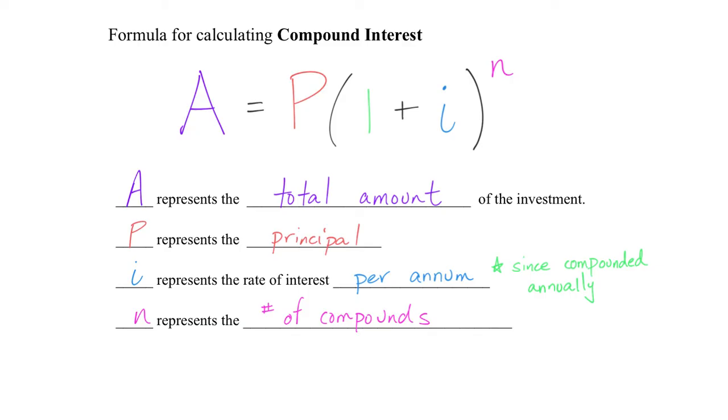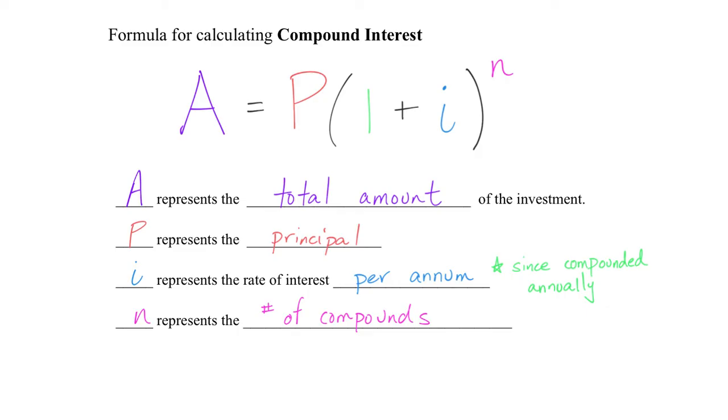Our formula for compound interest is a formula that I will expect you to know. And it is A equals P times (1 plus i) all to the exponent n. Okay, we need to break down the components of that formula. A is going to represent what we call your total amount. That is the total amount of the investment. P represents our principal. We're comfortable with that. i